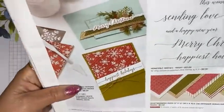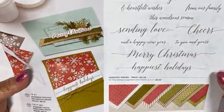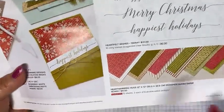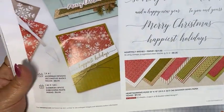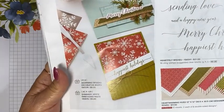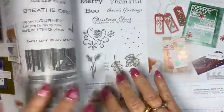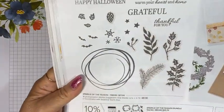And over here we've got some greetings that can be for different occasions. And then they brought back this heartwarming hugs paper. I don't think I got that one last year. There were so many papers to choose from. This is a beautiful, oops, getting ahead of myself. We'll get to that one in a minute. Okay, this is